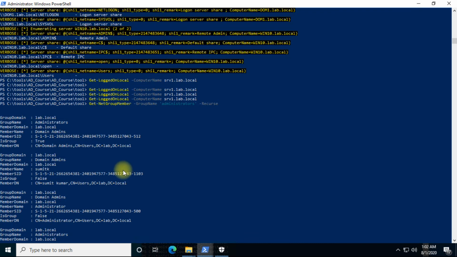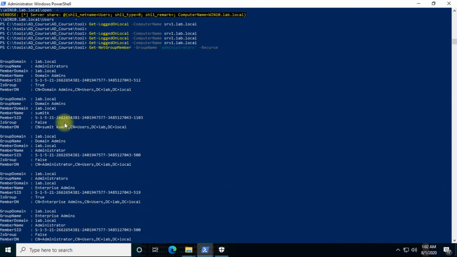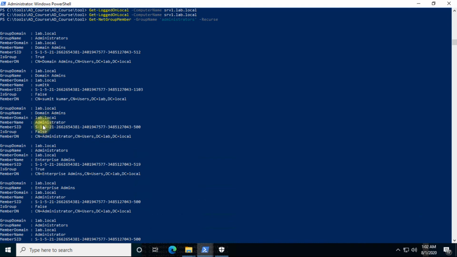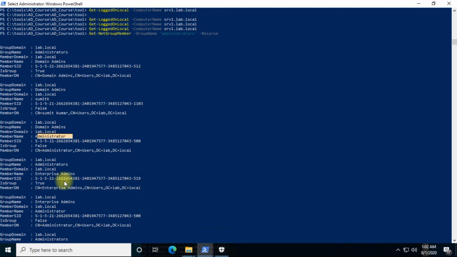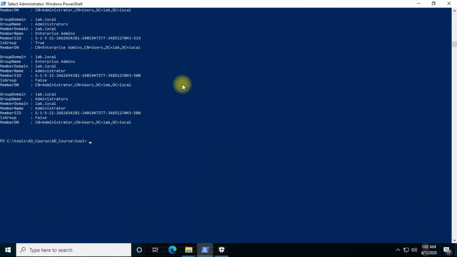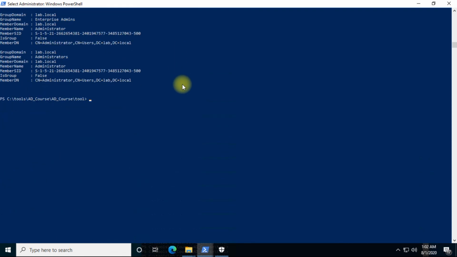So you can see the list of users coming under the category of administrators in the domain controller. There is one user, Administrator, obviously we can predict it very easily, and other than that there is another user, Sumit K. Sumit K is also a member of the administrator group on the domain controller.